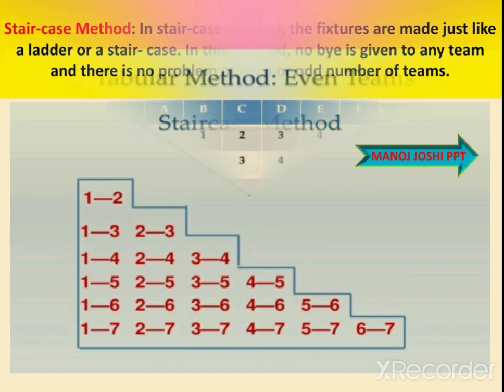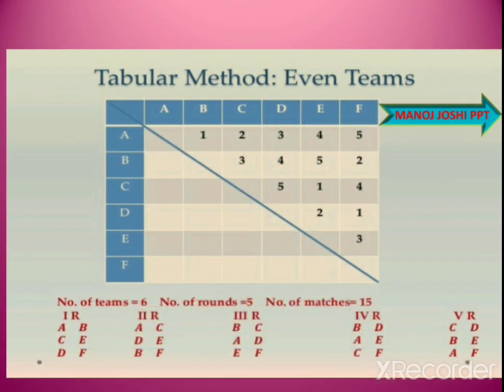Now we will have the tabular method also. Tabular method, in this we make the boxes and the columns. So this is no more in the syllabus of class 12. After that some sort of I am defining it here. So in the staircase we make a square box. So if the number of teams, we have 5 teams, in case of odd number of teams, we make n plus 2 boxes.